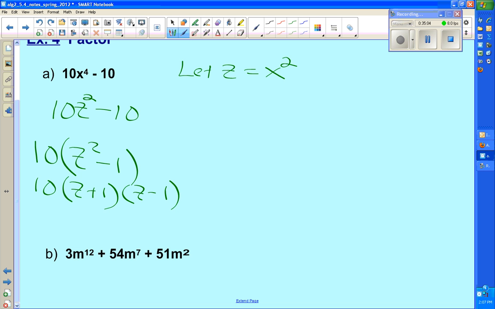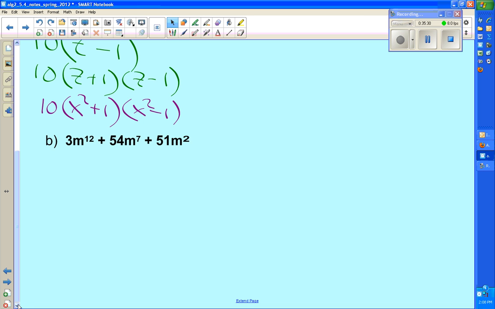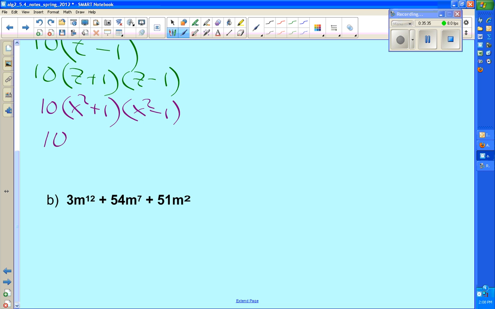Again, don't want to do the touchdown dance, even though we're done factoring, so we think. What do I need to go back and do? Go back and make these x's, so it's really going to be 10 x squared plus 1. We're still good, we don't need any more factoring. But here you get x squared minus 1. And when that happens, what do we need to do? Make another difference of 2 squares. Another difference of 2 squares. So our final answer